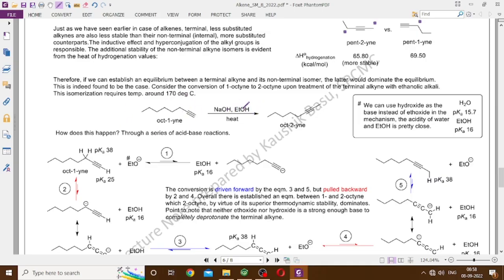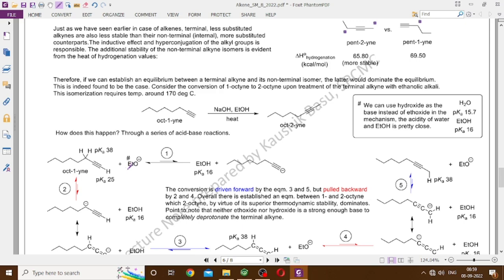and that is exactly what is done by treating the terminal alkyne with sodium hydroxide and ethanol, and heating the reaction mixture at 170 degrees centigrade. Because these reactions are kinetically not favorable, you have to increase the temperature very much. Now, how is that happening? So you are basically exposing the alkyne to a base. You can use sodium hydroxide in ethanol, which means the reaction can have hydroxide or ethoxide, both present in the reaction medium as a base, and the pKa values of their conjugate acids, water and ethanol, are pretty close,